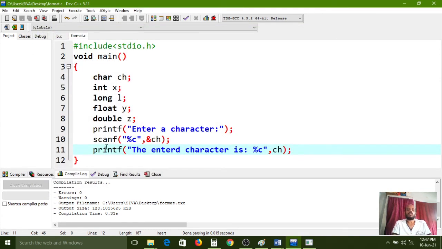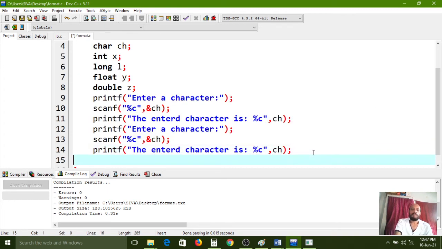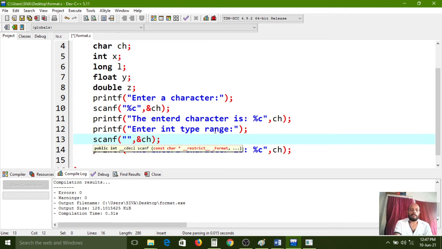Okay, similarly I am copying the same three statements and pasting them in the next line for the int variable purpose. This message I am changing: enter int type range. And here we are giving the information: please collect only numbers, for that we have to use the percentile D format specifier.